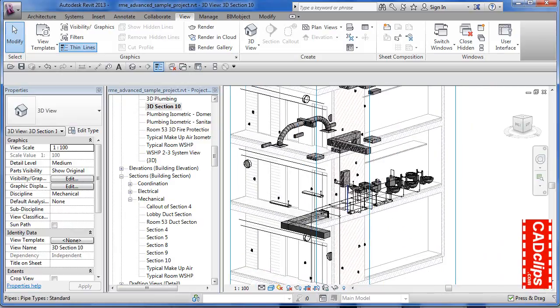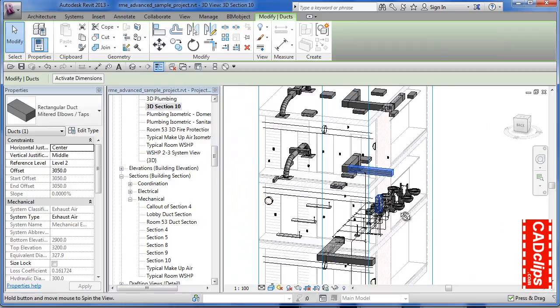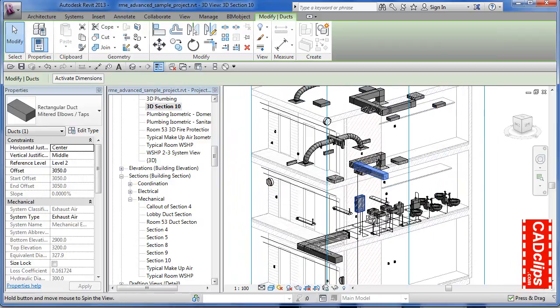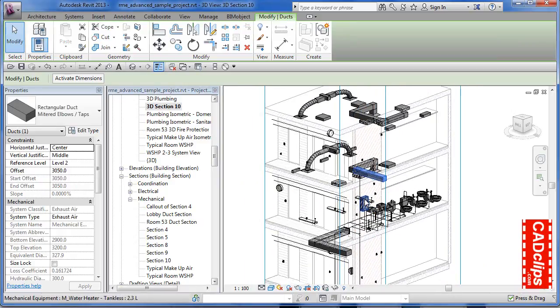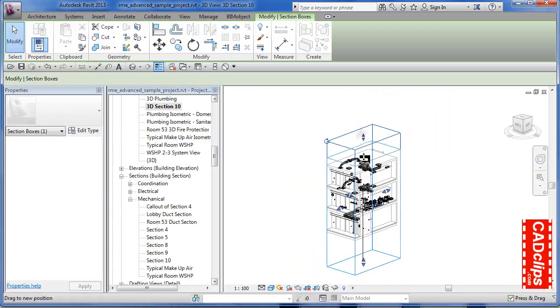So I can kind of shift middle mouse. Now, when you want to swivel in here, again, it's best to pick on something and then swivel. So shift middle mouse button is how you pivot around, holding both in at the same time and moving your mouse. Then you can zoom out, and this is a section box, and you can pick on this, start to get used to all these nice little grips,